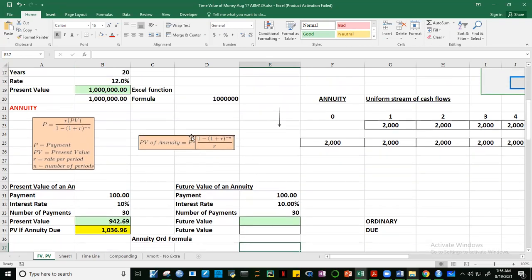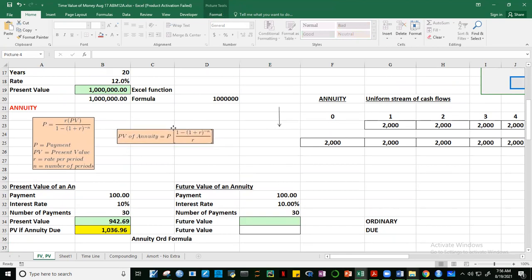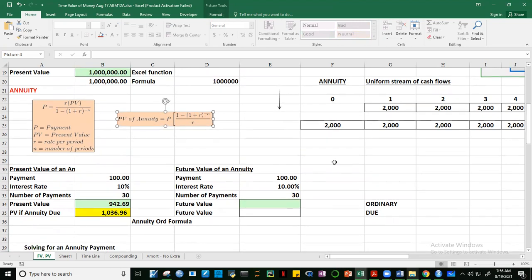This is the formula, right? The present value of an annuity is equal to the annuity times the factor 1 minus 1 plus r raised to the negative n over r. Okay, so